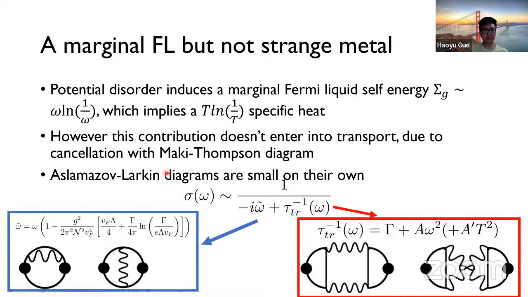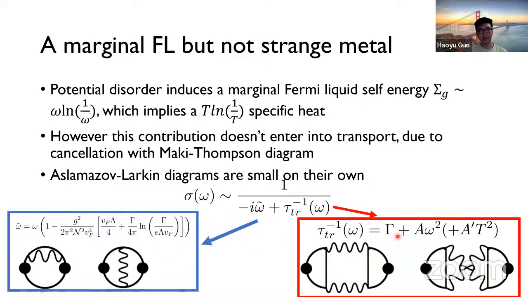However, after we try to do the transport carefully, it turns out that this contribution doesn't enter into transport. It turns out that the self-energy diagram actually cancels with the Maki-Thompson diagrams, and what's left is actually only a renormalization of this bare frequency term. So it's like an effective mass for